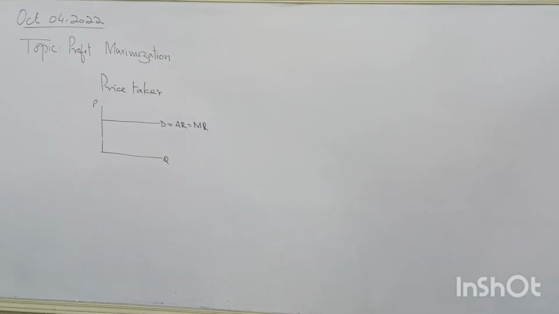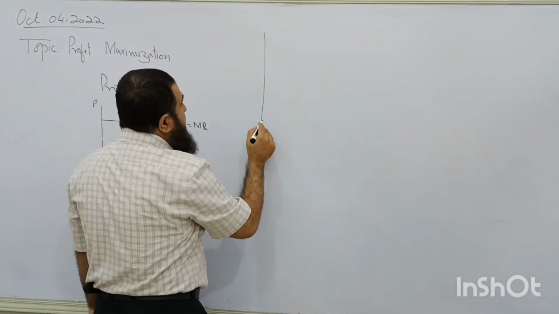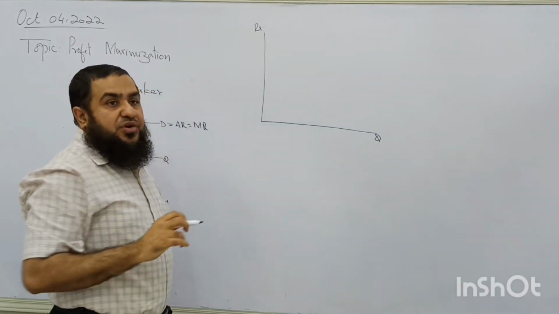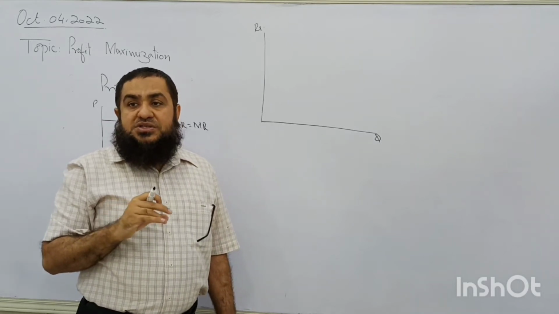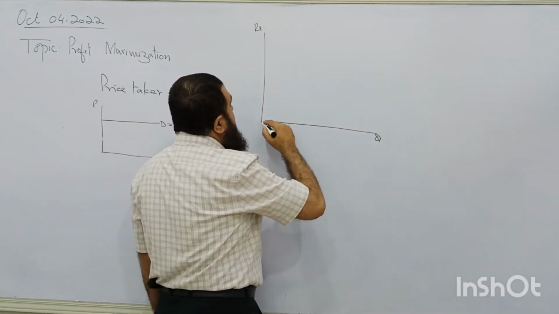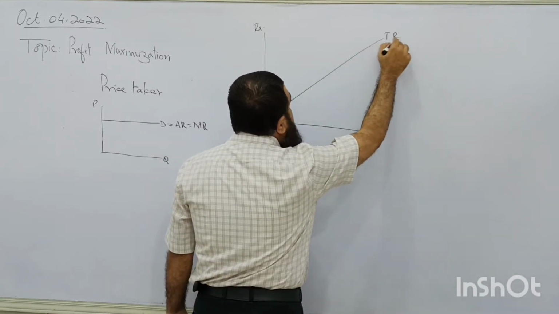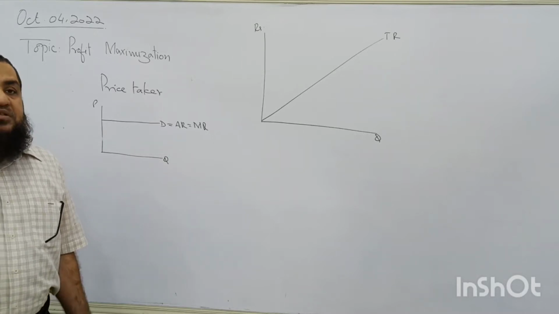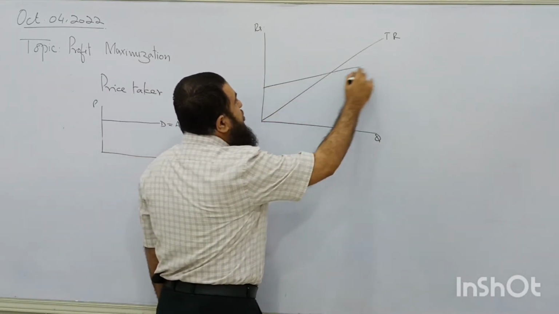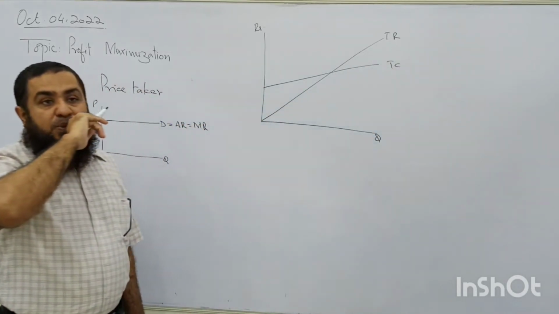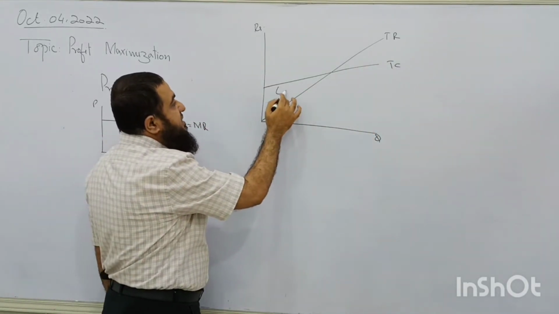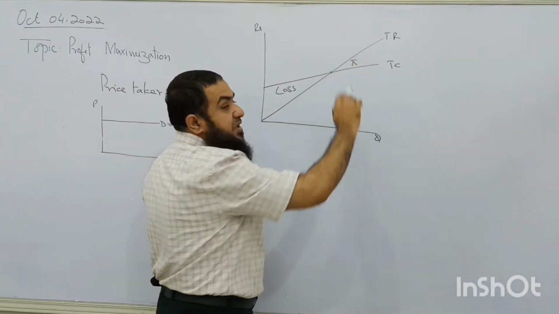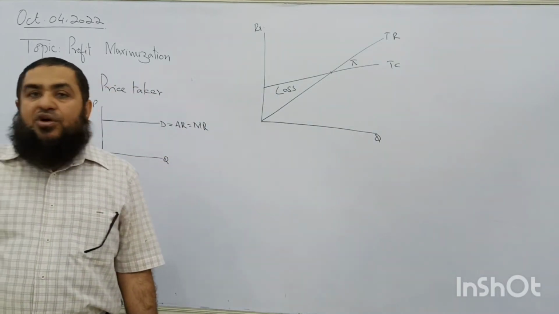Now, if this is the demand curve, what will be the shape of total revenue? Do you remember? We studied the shape of total revenue in this case. Here I am taking the rupees because I am now going to take revenue and cost on the same axis. So this is going to be the shape of total revenue curve. Clear? In your subject of business studies, you see the total cost is like this. At the start of every business, there is going to be a loss. This is the break-even point,